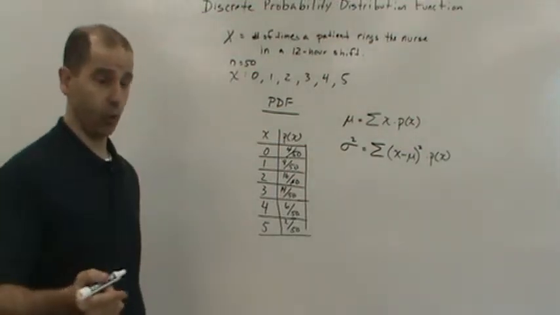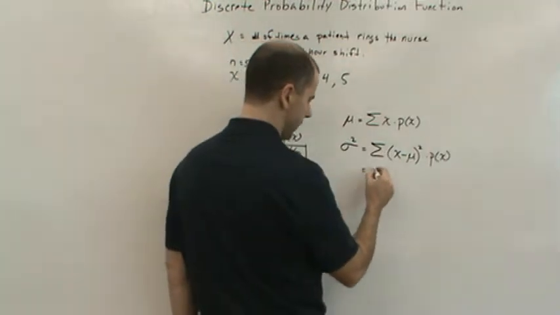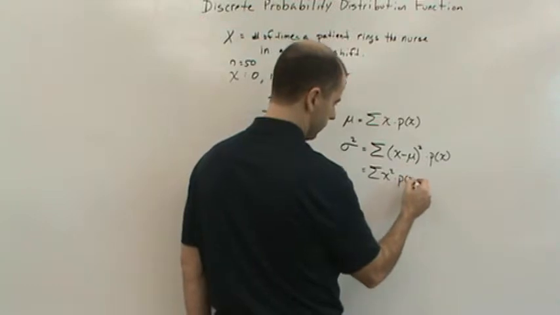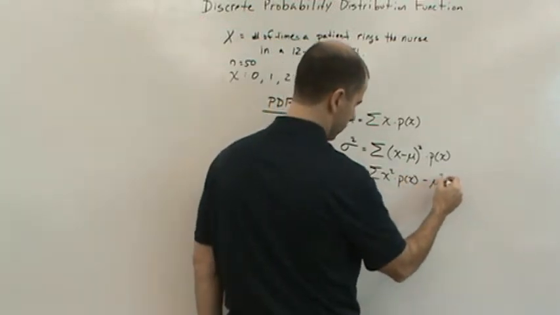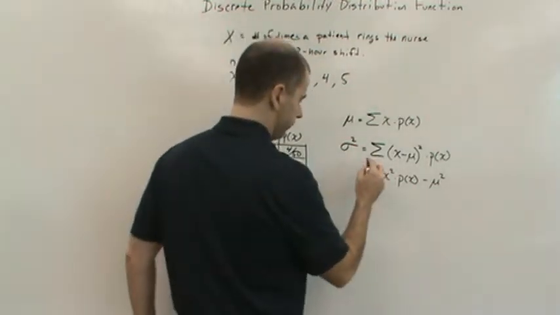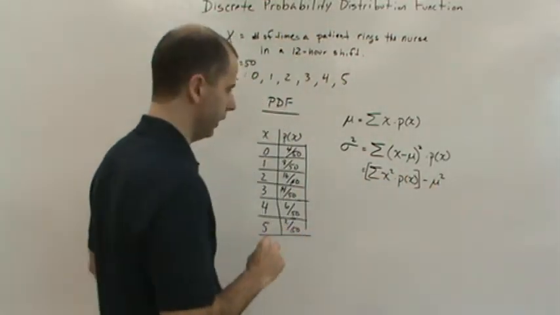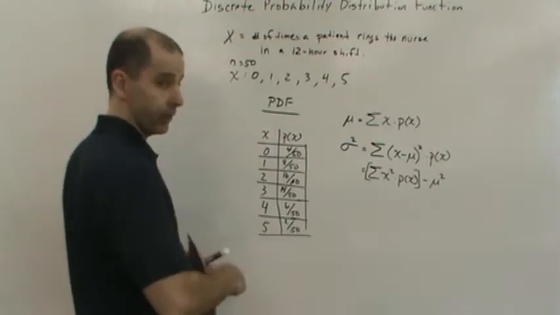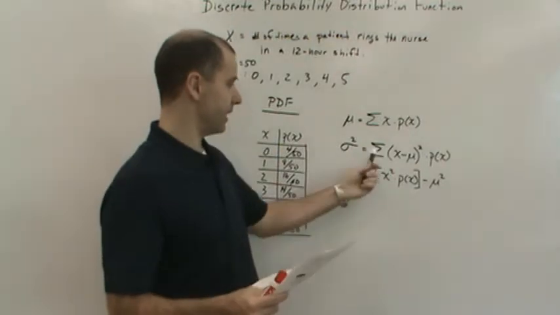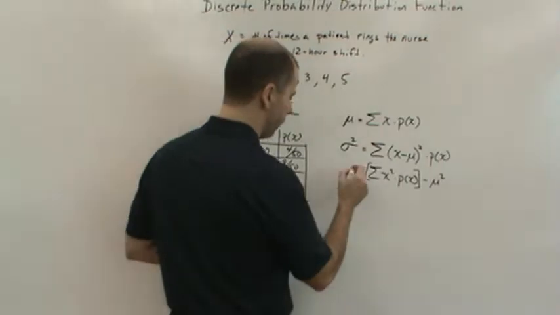But I'm going to give you the shortcut formula. So the shortcut formula is this. This is the one I would remember. I'm going to put brackets around this just so you remember what we're subtracting. It's easier. That's why I call it the shortcut formula. It's less tedious to calculate than the general form. They're the exact same formula. So I would remember this one